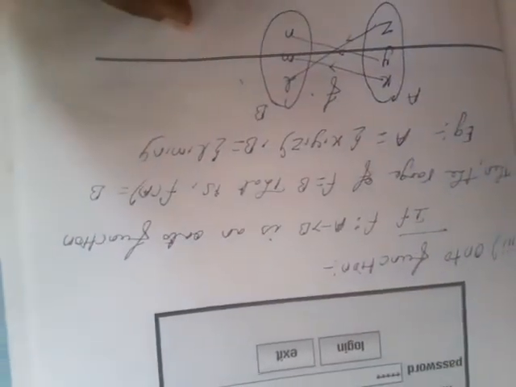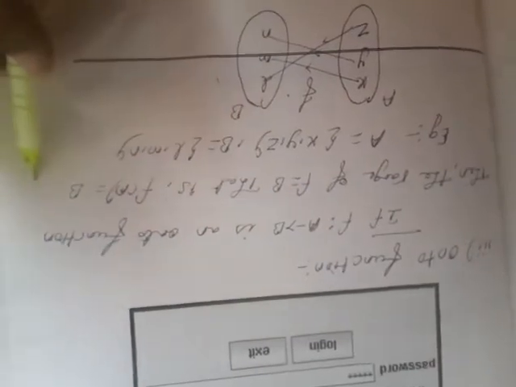So codomain, what are all the elements in B? Everything is the codomain. But range is what we get as the answer. That is the range, which we already know. So the range and codomain are equal. That is called the onto function. So if f such that A tends to B is an onto function, then the range of f is equal to B. That is, f of A is equal to B.